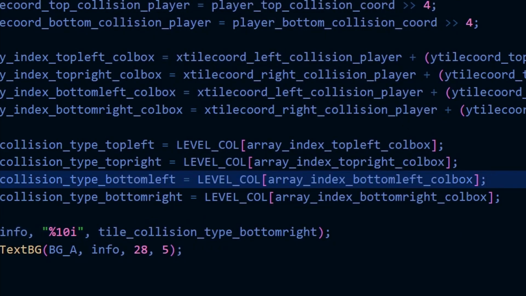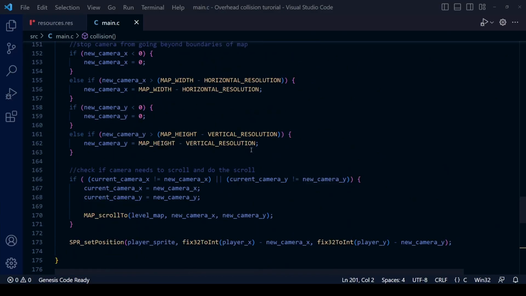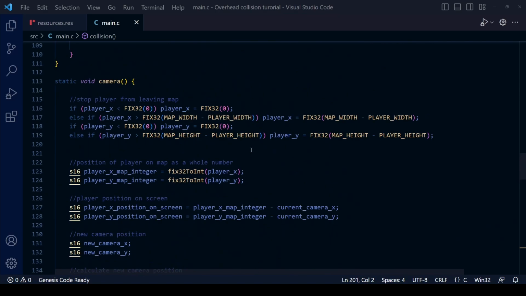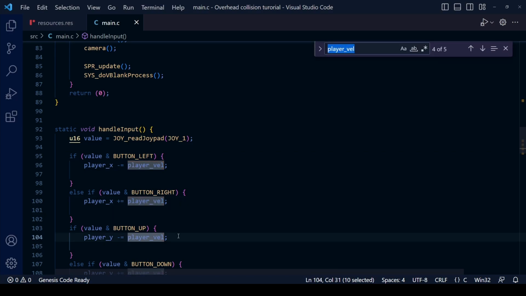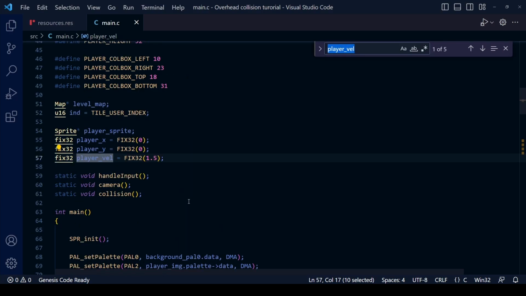corners too. So now, after all that considerable time and effort, we finally know when our collision box is falling in a solid tile or a free tile, and now we can use that information to adjust our movement code so that the player only moves when they're allowed to move. At the moment, all that movement code is within our handle input function, but we're going to change that, and